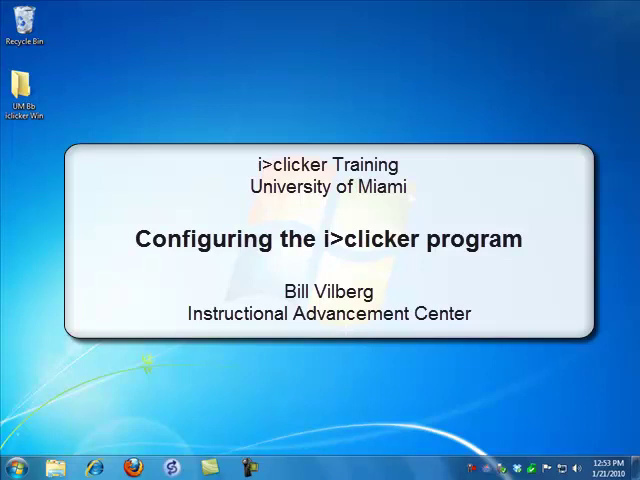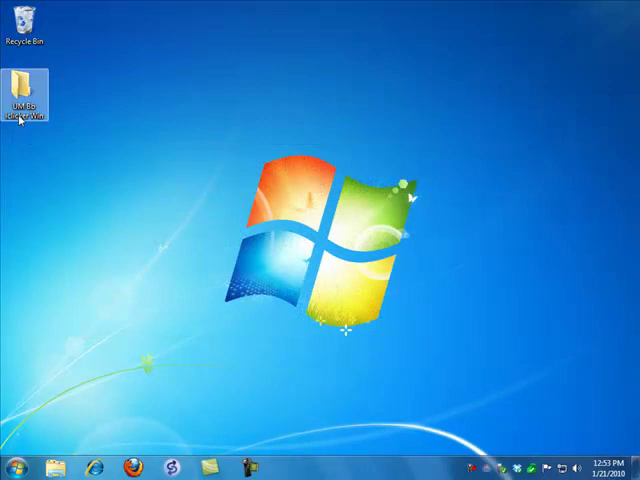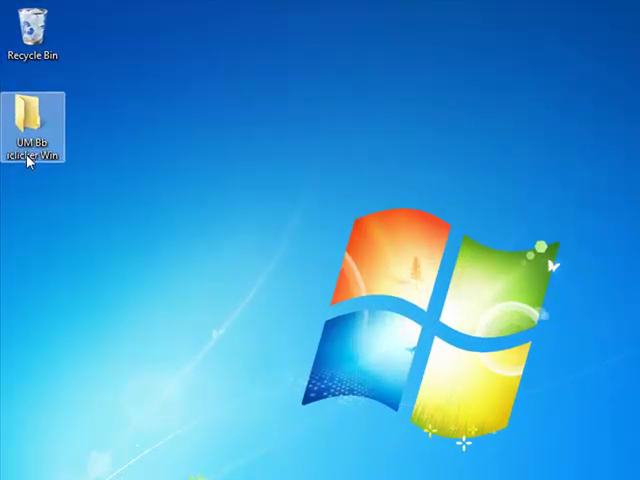This session will be on configuring the iclicker program. You should have already downloaded the Blackboard iclicker folder for either Windows or Macintosh. It should be either on your desktop or on your USB device. Wherever it is, open it up